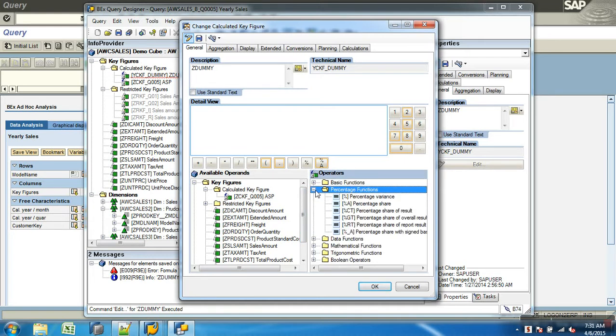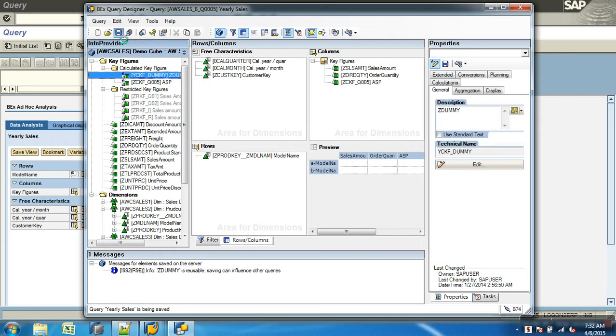Then there's something called percentage functions: percentage variance, percentage share. If I say 20 percentage share on 100, what is it? What is percent? Operand 1 and operand 2. It calculates the percentage of operand 1 on operand 2. What is the percentage of 20 on 100? 5%, sorry, 20%.